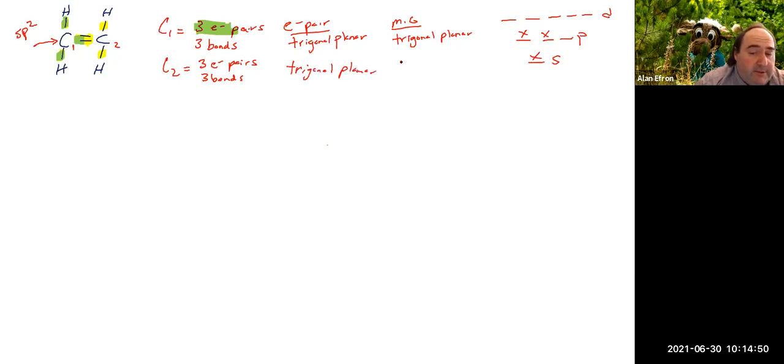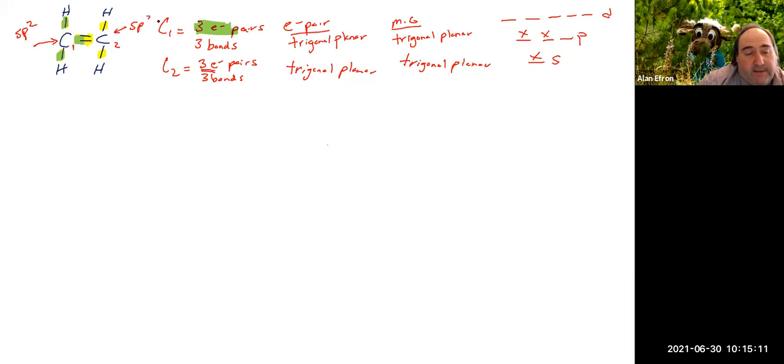And the molecular geometry would also be trigonal planar. And again, it is our electron pairs that are important for our hybridization, also going to be 1, 2, 3, which means that the hybridization of carbon number 2 is also